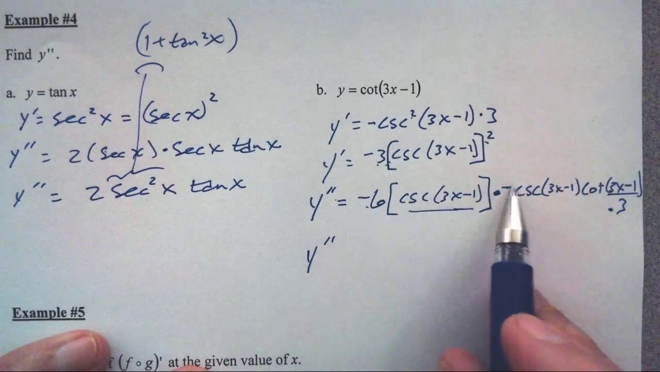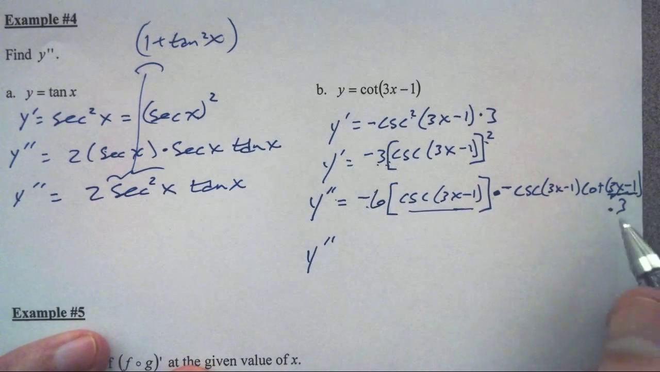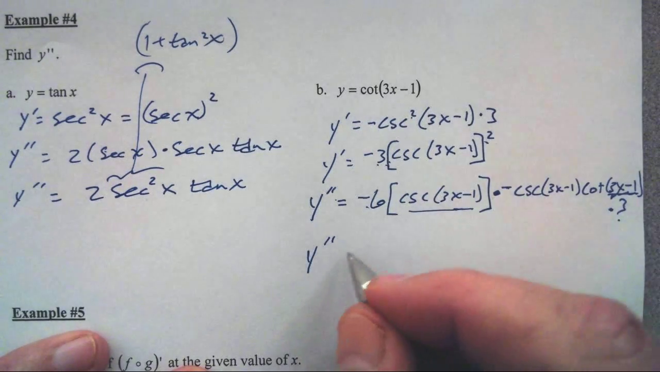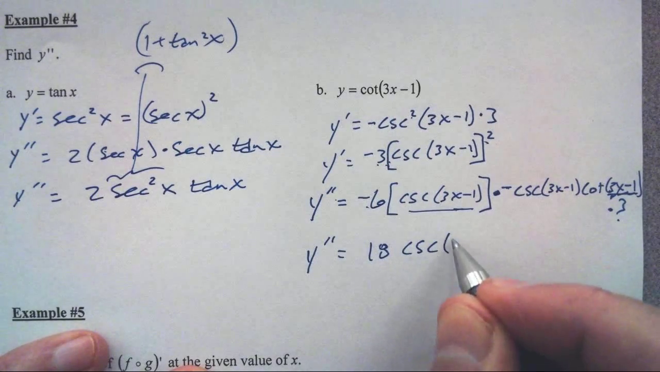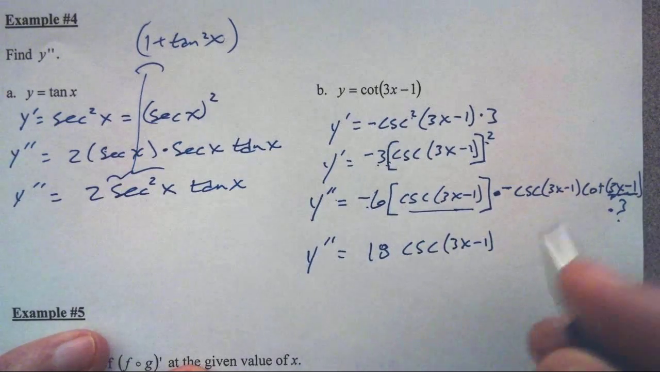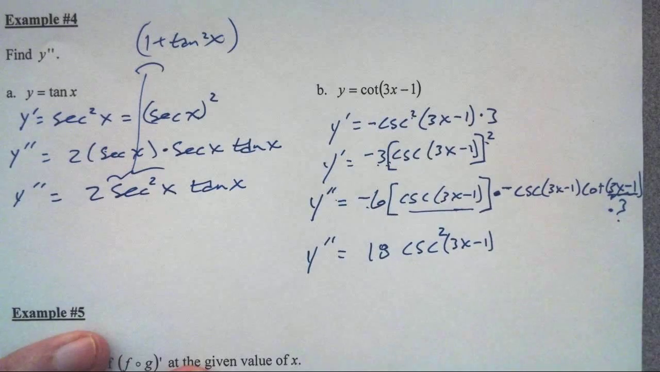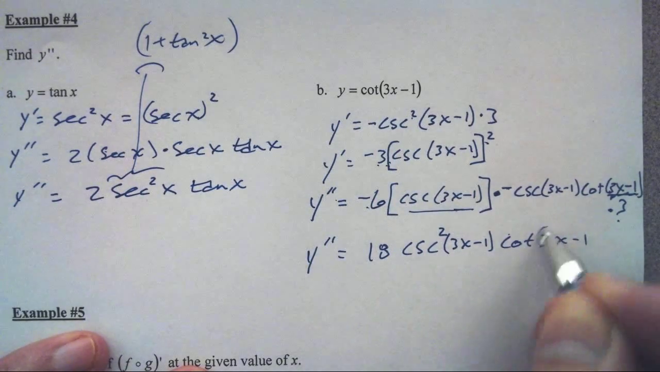I've got a negative times a negative, that's positive 6. This is times a 3, not over. This is times a 3 here. Negative times negative, positive 6 times 3, I get an 18. I've got a factor of cosecant 3x minus 1, and I've got another factor of cosecant 3x minus 1,